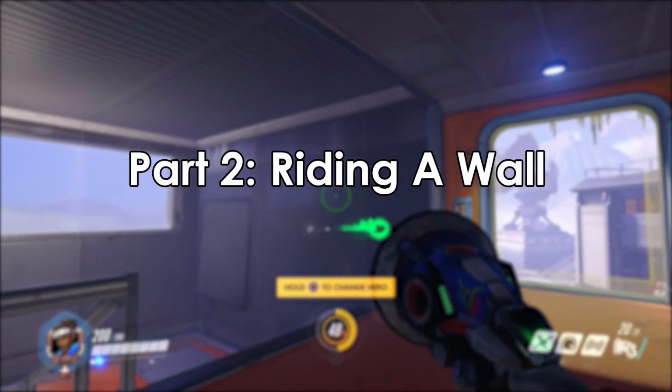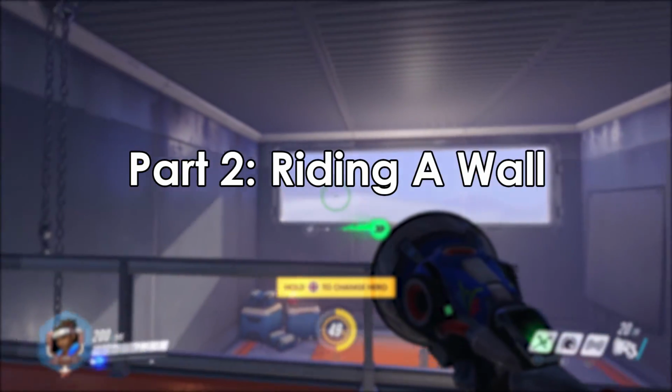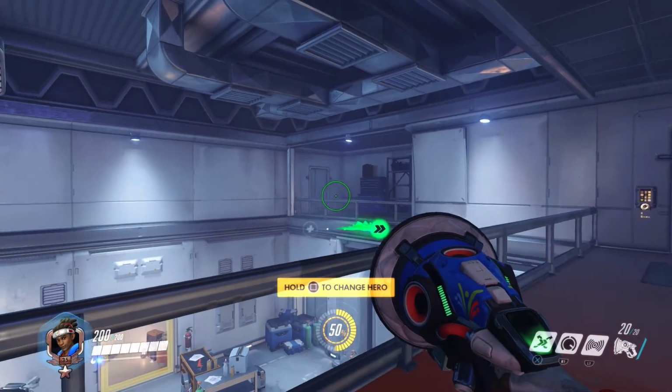What we're going to start on is part 2, actually riding a wall. So let's start with something easy first. We're going to stay in this first room with a window, and then move on to other more advanced jumping